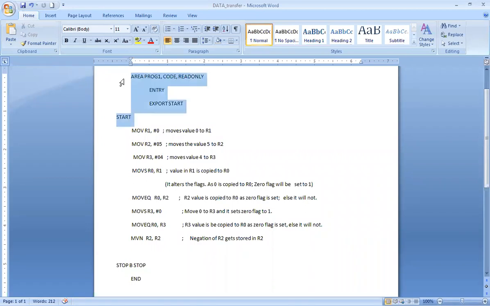So we are doing the initial coding. We are initializing, and then we are sending 0. 0 is moved to R1, we are moving 5 to R2, the number 5, and then we are moving 4 to R3. So we are using R0, R1, R2, R3. Only with these registers we are utilizing and transferring the data. So 0 in R1, 5 in R2, 4 in R3, and the value of R1 is moved to R0